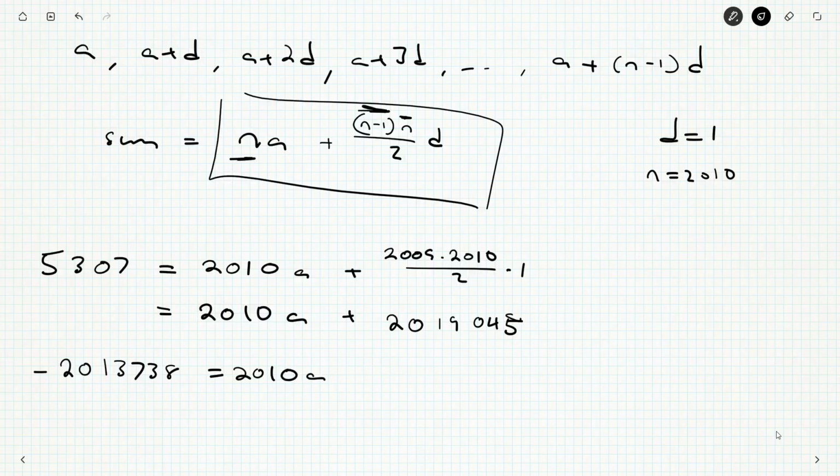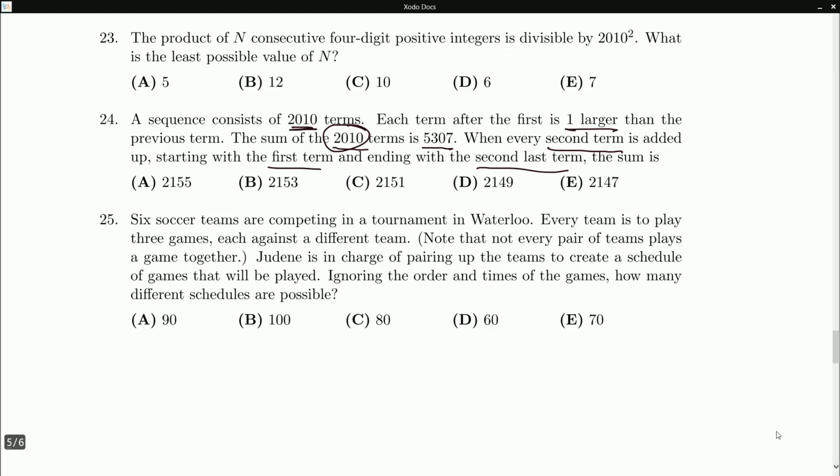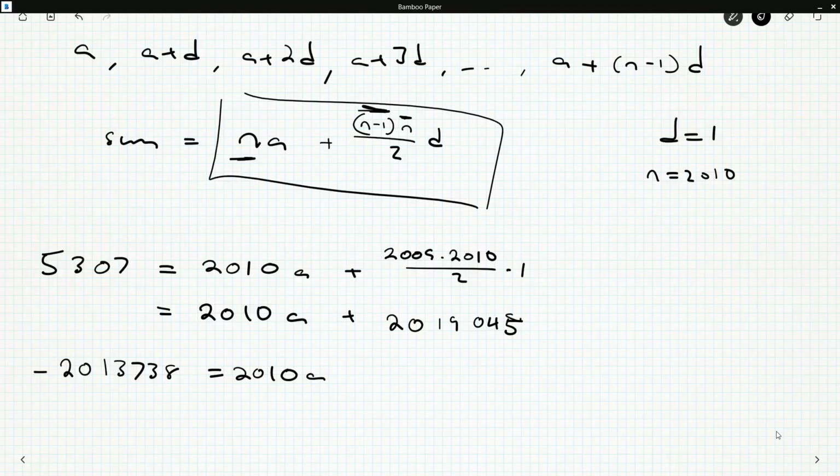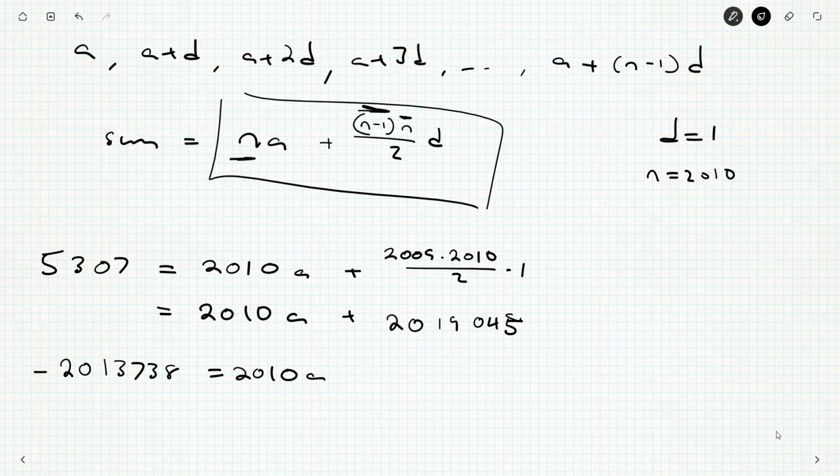Now I'm just a little suspicious here. Did they not say they were integers? No, just terms. Okay, we don't need to have integers here. That's fine. And so we get an expression for A. A is negative